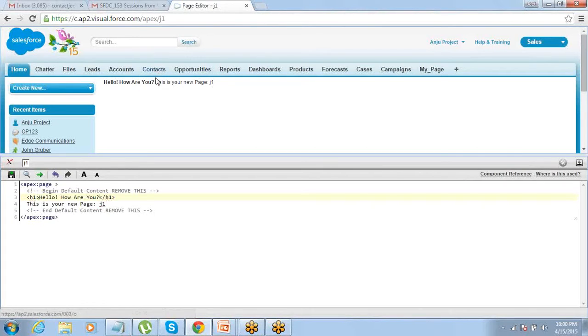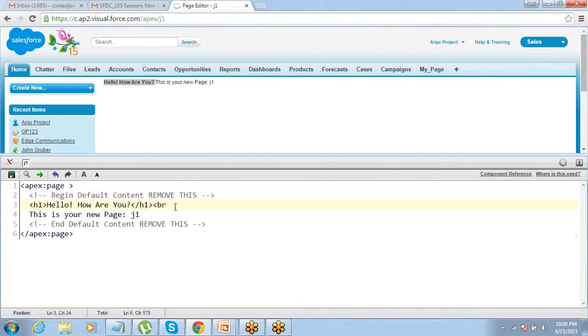See? So whatever changes you make in the code, that appears on the page. Clear? Now if you look into this, it uses this tag h1, which is an HTML tag. H1 is an HTML tag, right? If you want to put a line break, you can use another HTML tag. Increase the font size. I put line break. Here I want to do a line break. So I have another HTML tag for line break, which I can use here.